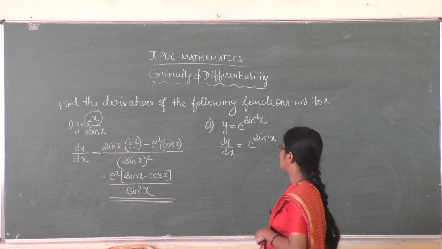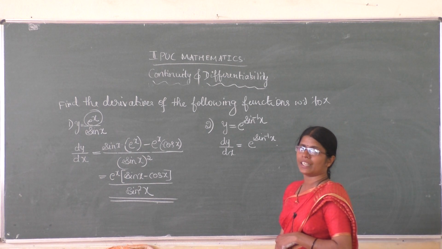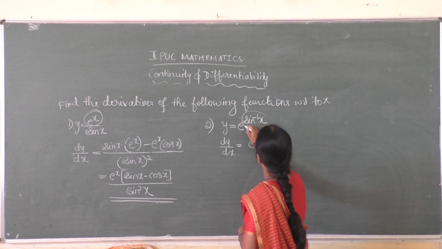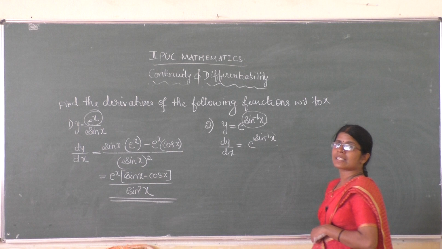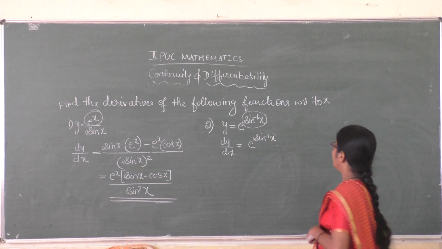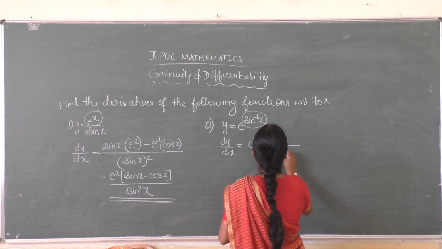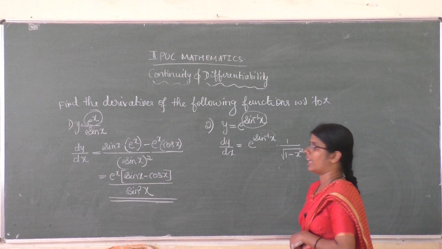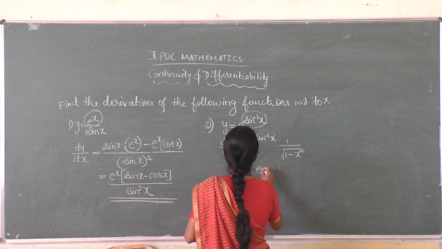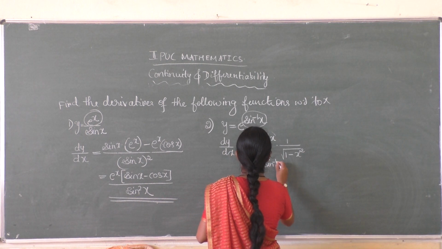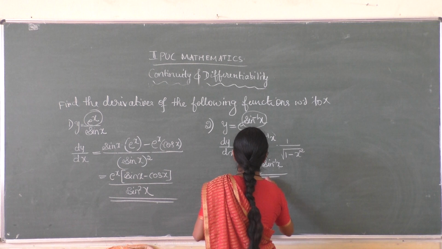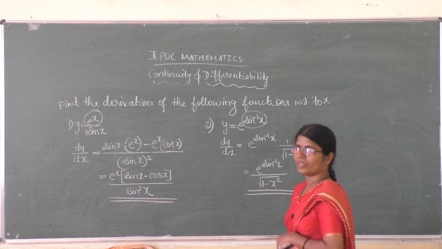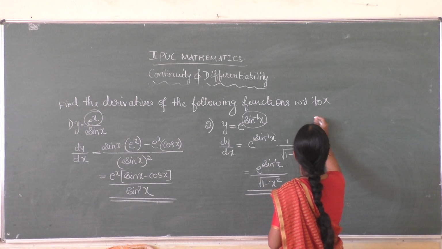Then sine inverse x, you have to find the derivative of sine inverse x. Derivative of sine inverse x is 1 by root of 1 minus x square, okay. So that is e to the power sine inverse x divided by root of 1 minus x square, okay. Next,